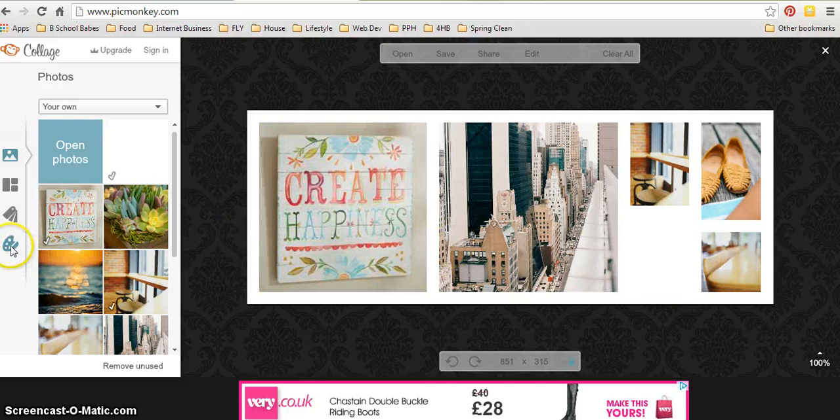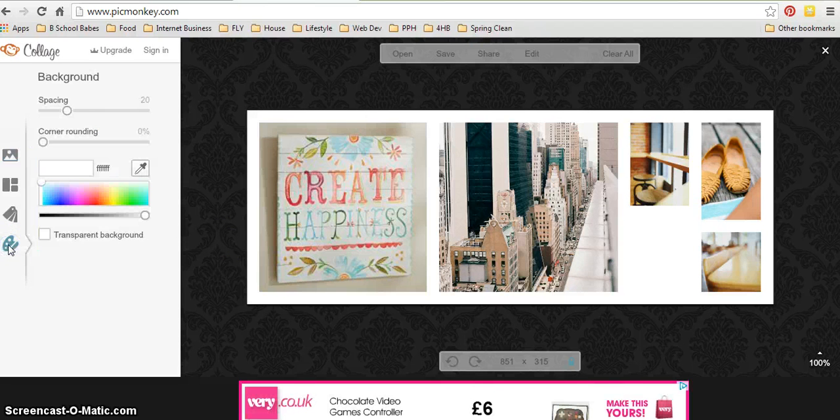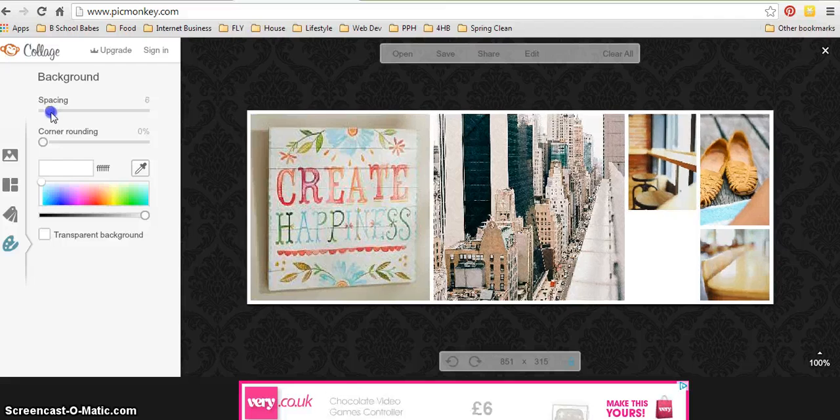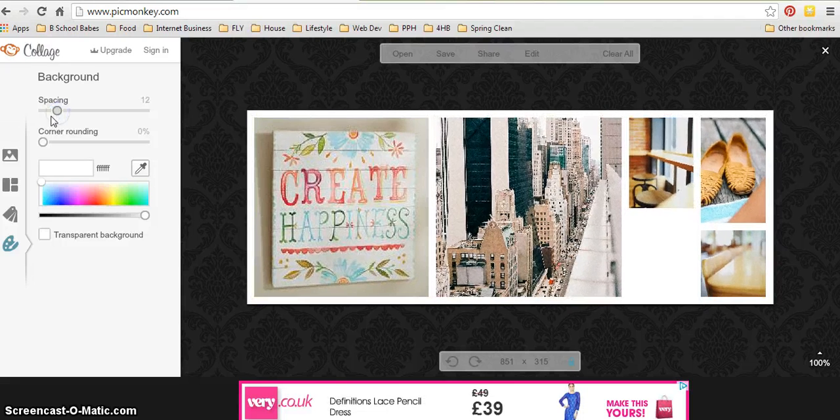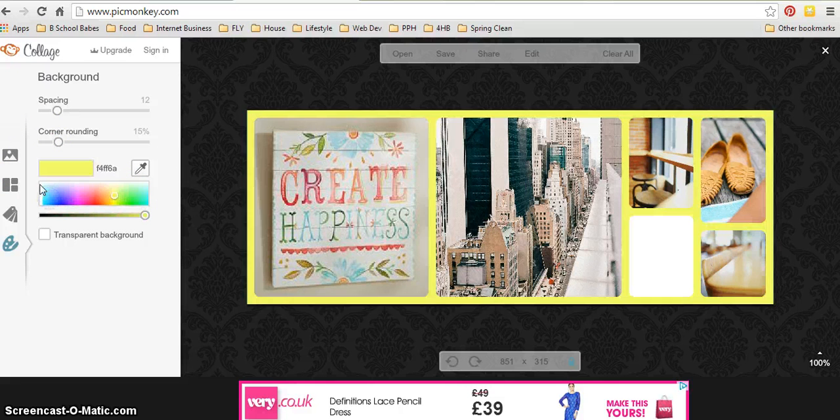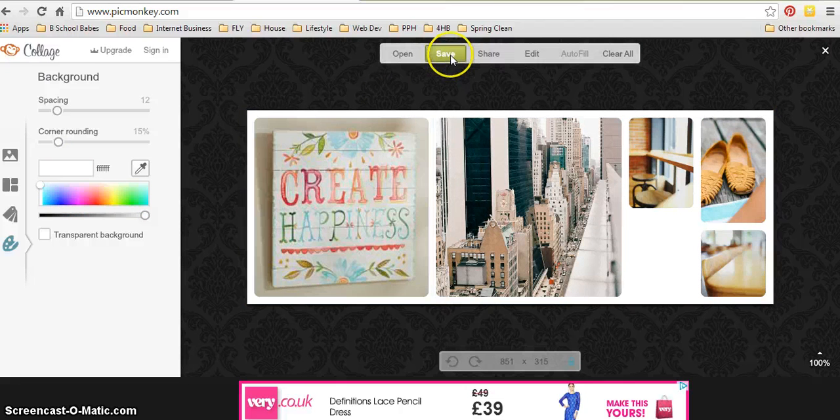But before we do that, if we move over to the artist palette here for our background, we have a number of different options. First of all, spacing. So you might want to make that a little bit closer or not, depending on how you like to view things. And I personally prefer rounded corners, so I should do that there. And if you want to, you can obviously just change the background. I tend to keep it white myself, but there we go. So then if we save this,